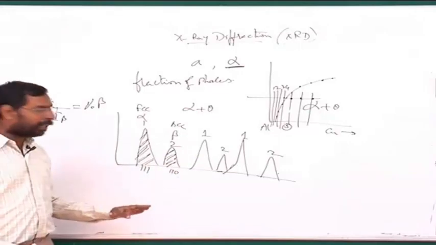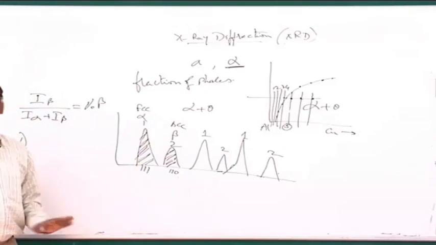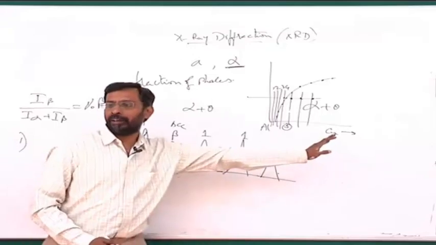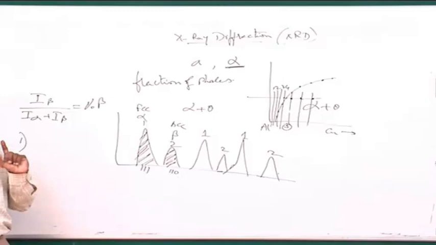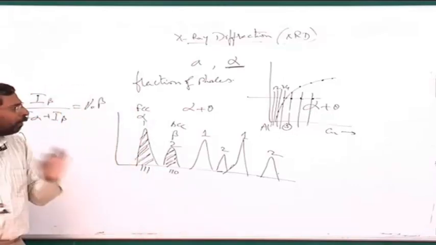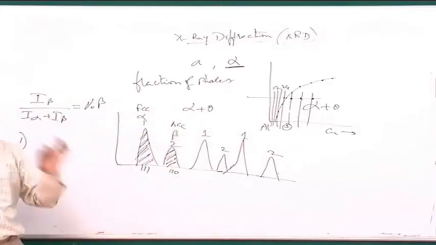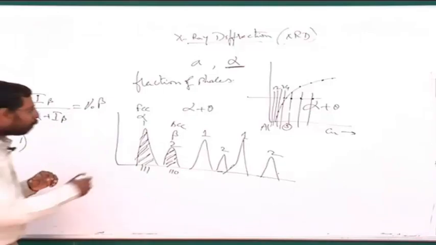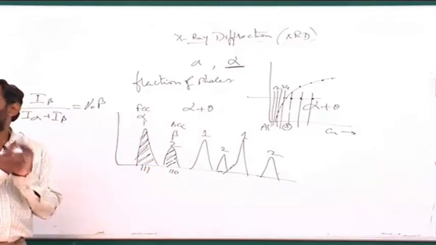If there is a possibility that this peak is an overlapped peak of alpha and beta, then I should not consider this. Then I should start searching for some peak of beta where there is no alpha peak overlapping. This is the first job I should do. So I should find out a completely independent beta peak which is not being overlapped by any of the alpha peaks. Similarly, I should find out a completely independent alpha peak which is not being overlapped by a beta peak. Otherwise, this particular intensity is a composite of alpha intensity and beta intensity. So that becomes a difficulty for me.